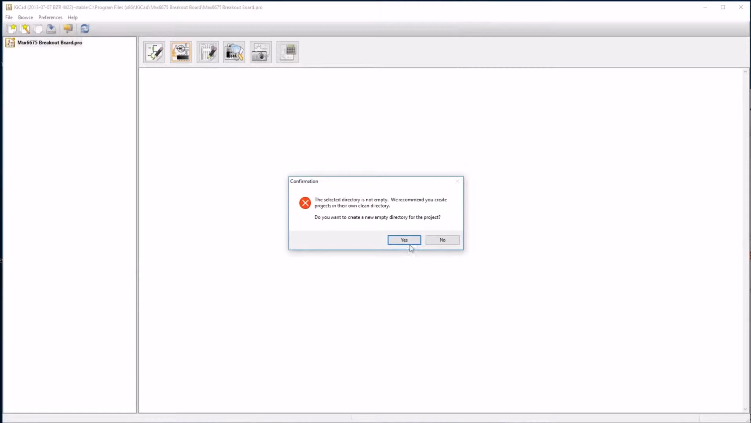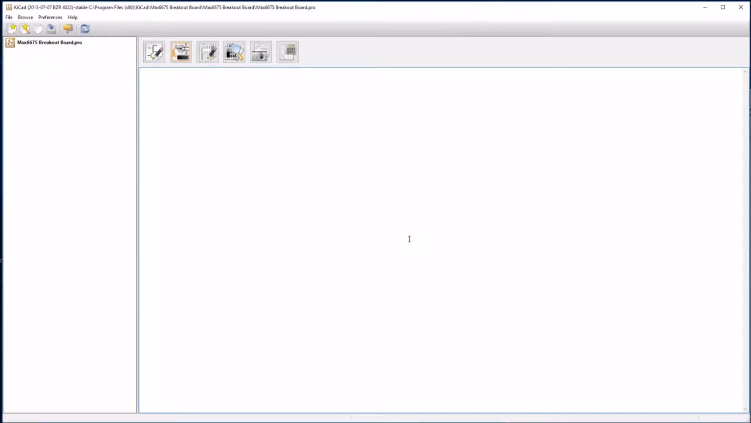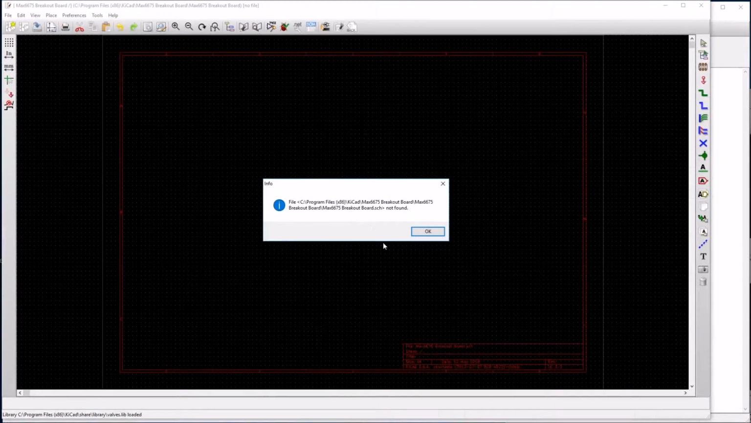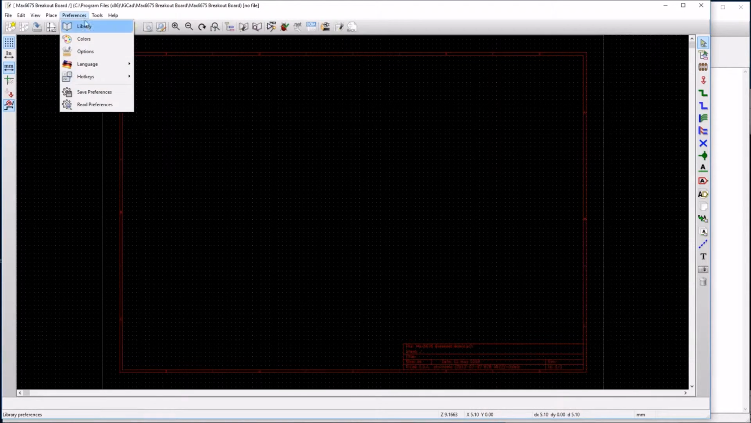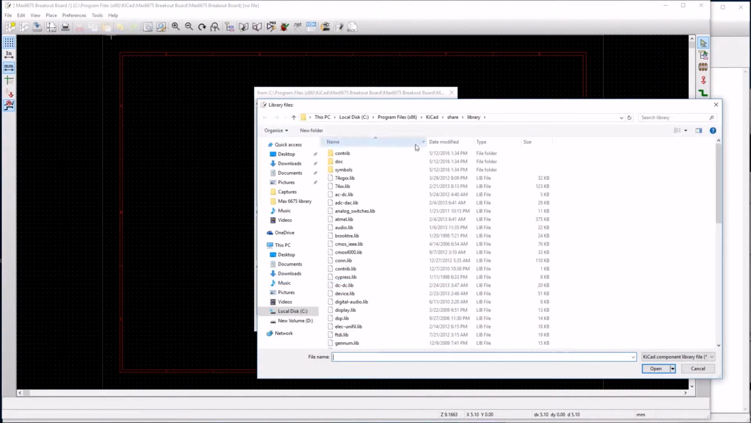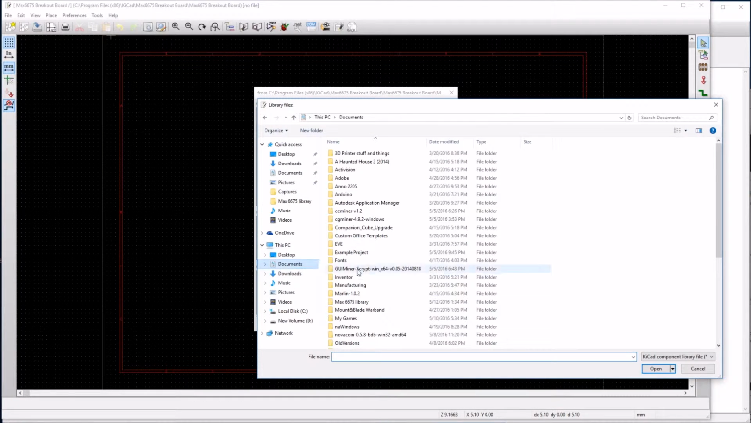I specifically chose this type of board because you have to import a library in the schematic editor, and I thought that would be a good thing to go over, especially for a video. So we're going to start off by doing that. The way you do that is you go Preferences, Library, then you go Add, and I have this in my documents, so we're just going to go Max 6675